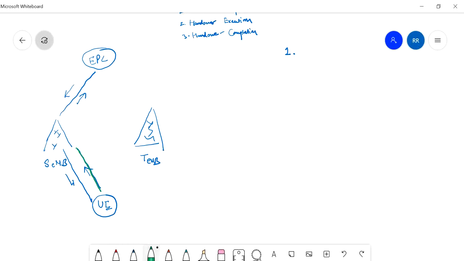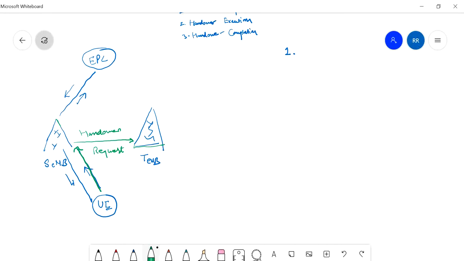The UE sends a signal to the source eNode B that it has better coverage from the target eNode B. After that, the source eNode B sends a handover request to the target eNode B. One thing to note here is that the handover is always initiated by the source eNode B.